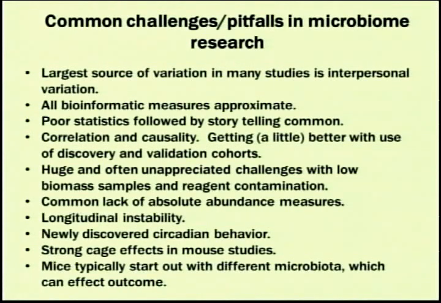Correlation and causality, this is sort of obvious, but the output from these kinds of studies are correlations, disease state, and a change in the population of microbiota. To get to causality, to get to importance, you often will need to do follow-up studies to challenge the idea that what you found is important. At least making these kinds of associations, the correlations, stronger. You can use this discovery and validation cohort approach that Judith and Kyle showed, and others have used also.